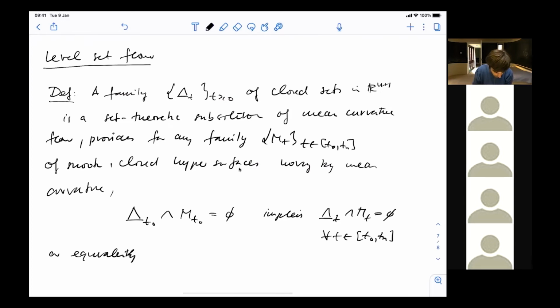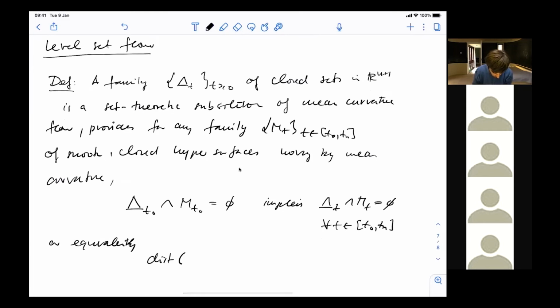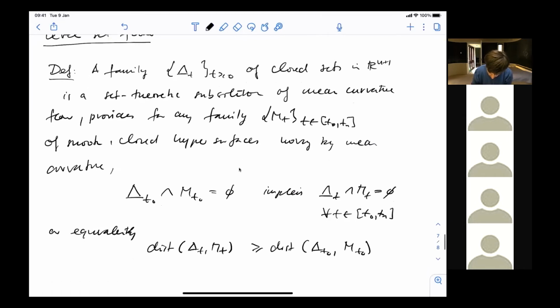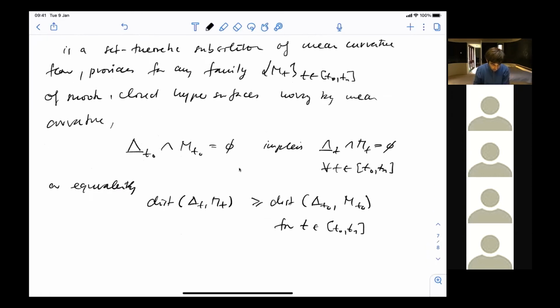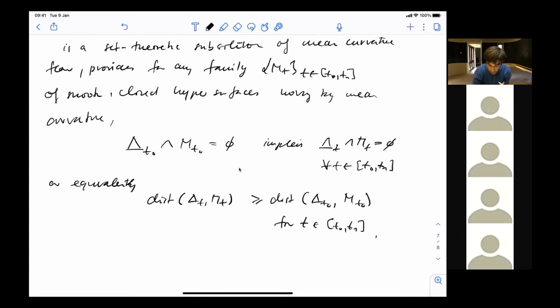Okay, yeah. Or equivalently, since we are in R^n and we have translation invariance, this gives us that the distance is increasing in time. Okay, yeah. So this gives equivalence, yeah. Now what you see, we can do the same thing. We can use the C11 interposition lemma to show that two set theoretic subsolutions avoid each other. Because we can just put, again, a C11 hypersurface in between, like before, and argue the same way, yeah? Using the C11 interposition lemma,